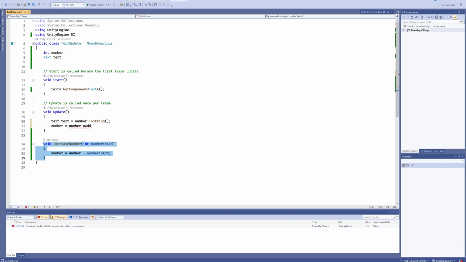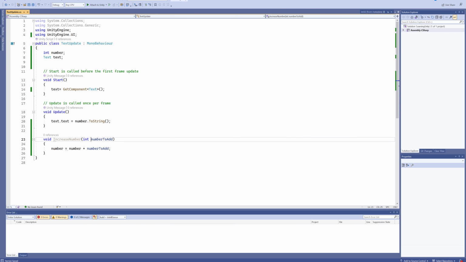This function is the only place that number to add even exists. So let's get rid of this, just because it was for showing you. Usually the way that we differentiate that is putting an underscore before the variable. That shows you it's local to that specific function. And now the final thing that we want to talk about for the time being is you might have seen